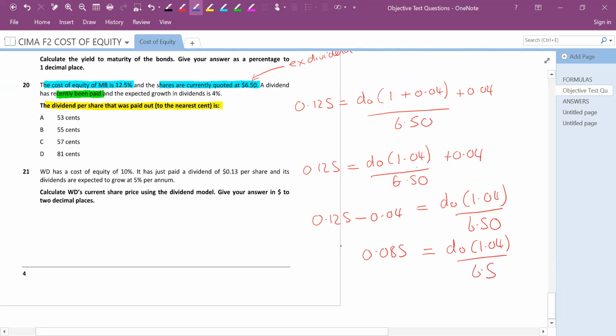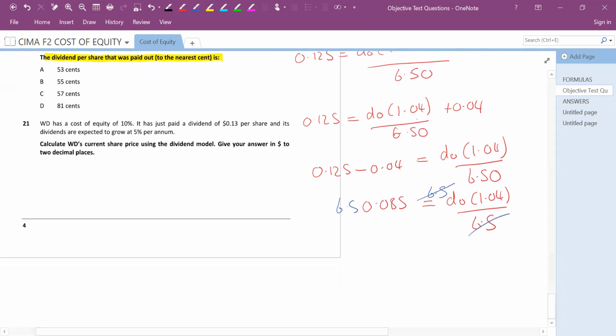What I'm going to do again is multiply both sides here by the 6.5. And if I multiply 6.5 by 0.085, I end up with 0.5525 equals D0 1.04. So D0 must be the 0.5525 divided by the 1.04,